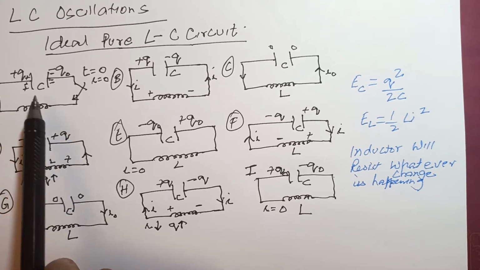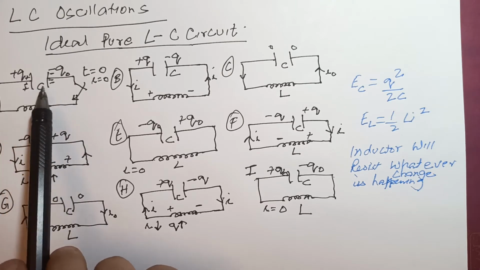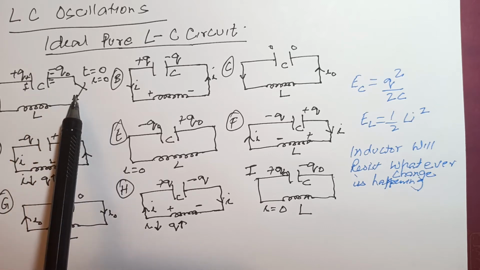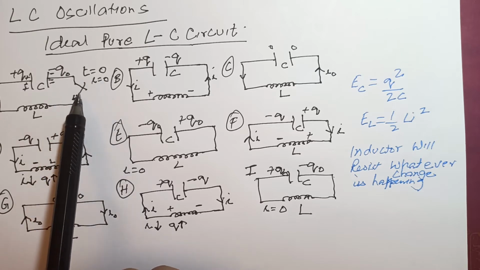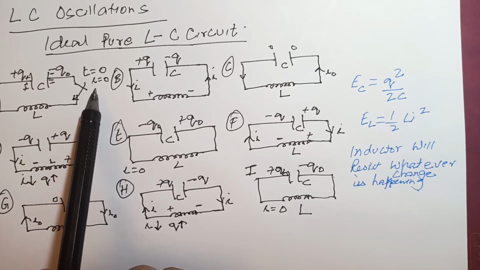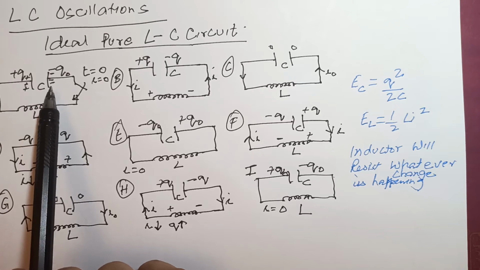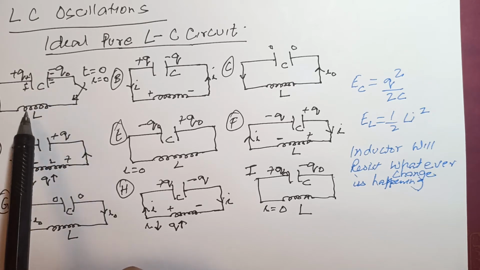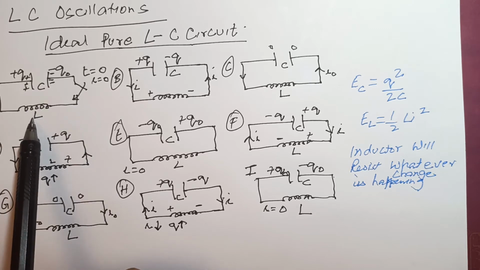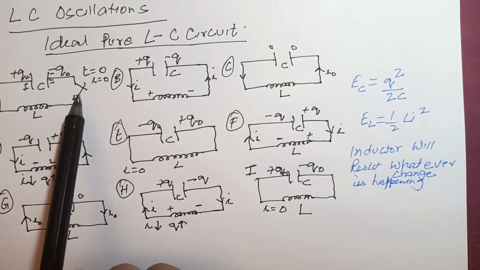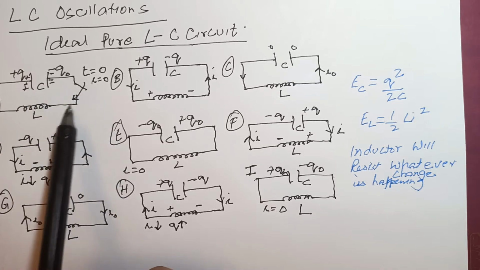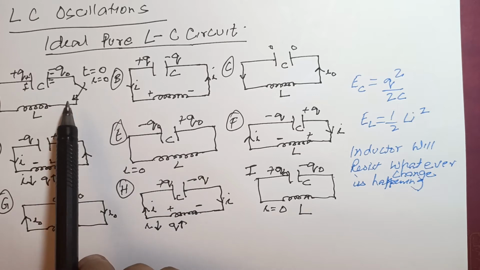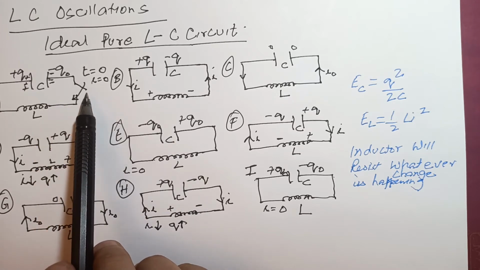In A, the circuit is off, broken at t equal to 0, and hence the current is 0. This is a capacitor which is fully charged with charge Q, and the inductor L is connected, but the switch is turned off, so the current flowing is 0. Now the moment we turn the switch on,